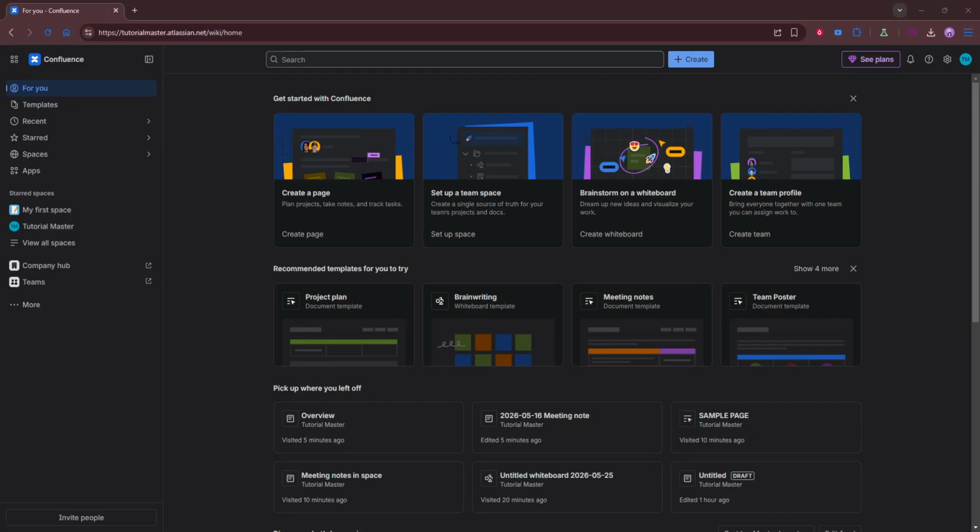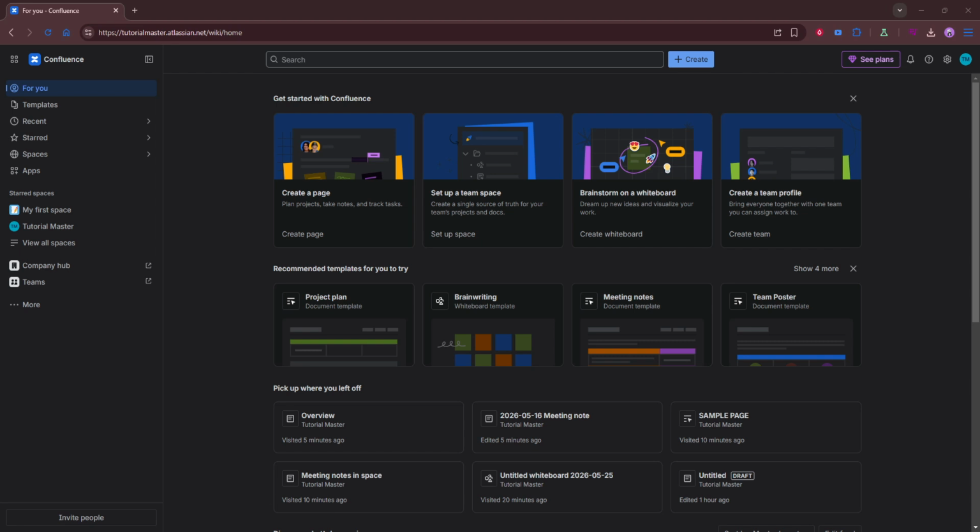In today's video, I'm going to teach you how to add expandable sections with the expand macro in Confluence. Expandable sections are a great way to keep your pages clean and easy to scan. They let you tuck away details like long instructions, FAQs, or supporting screenshots, so readers can open them only when they need them. Here's how to set one up from start to finish and a few simple tips to make